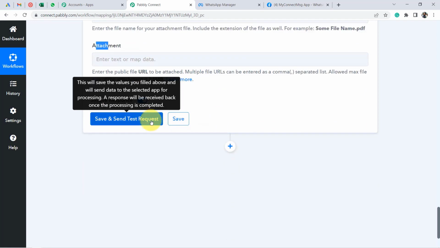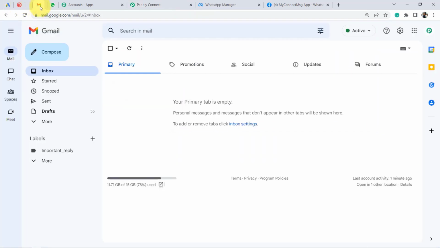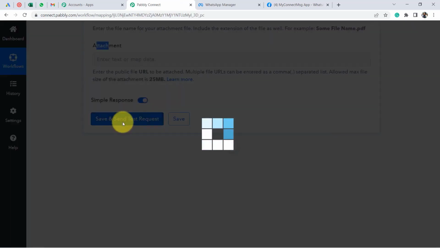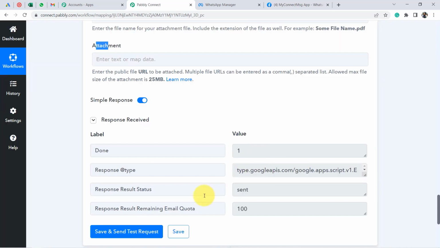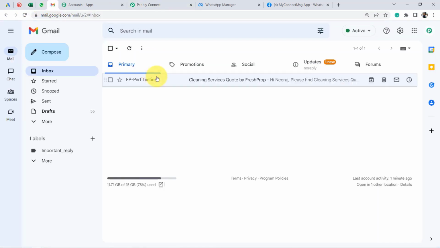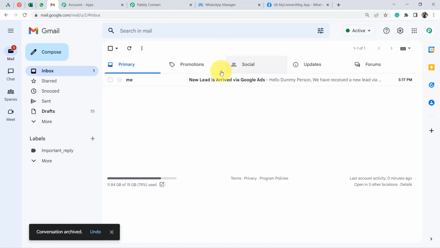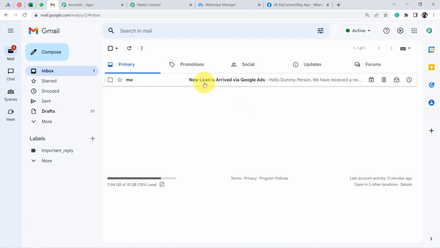Going to click on this button, but again let's open my Gmail account first. This is the Gmail account. Now clicking on this button and again wait for the email to arrive. Well, the response result status is sent. Coming back here, and yes, you can see, well, it is not the same message. Let me first refresh it. All right, and you can see the message has been arrived, the email has been arrived, new lead is arrived